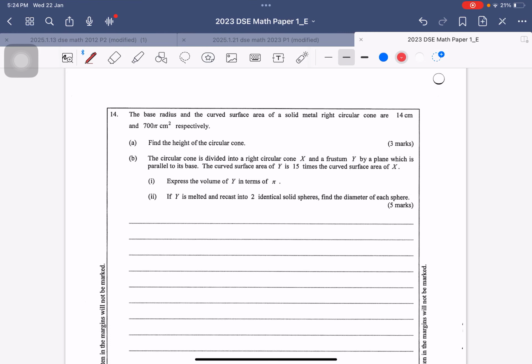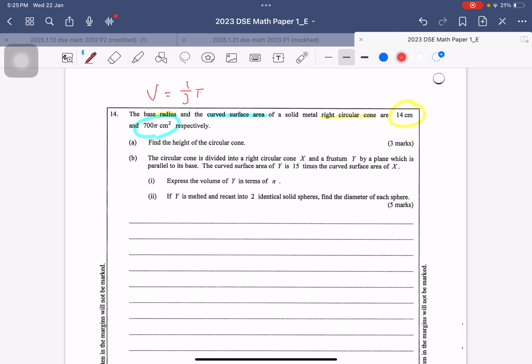Question 14 of 2023 DSC Math Paper 1. So let's read the question first. We have the radius of a right circular cone is 14, and the curved surface area of the cone is 700 pi. So now you need to remember that the volume of the cone is equal to 1 over 3 pi r squared h,